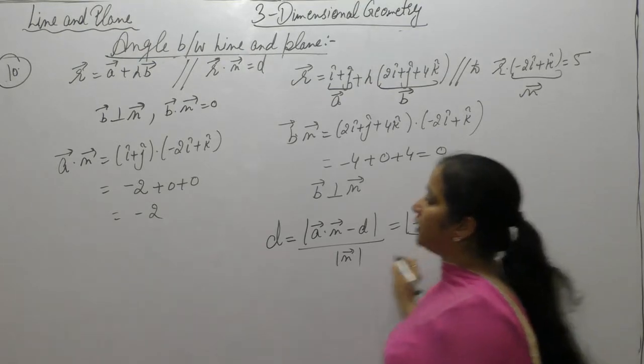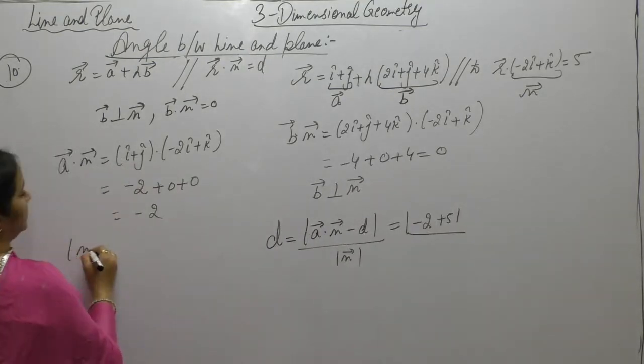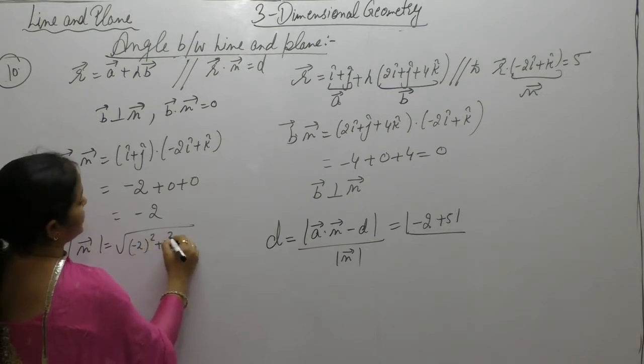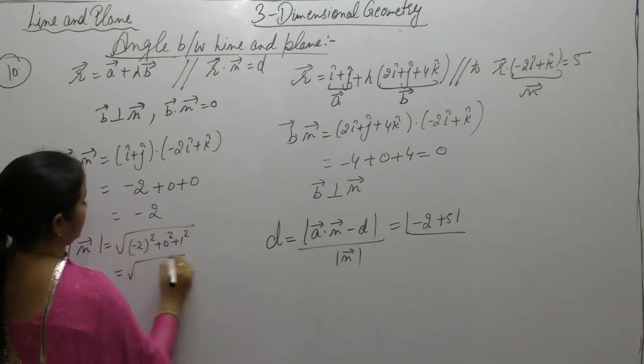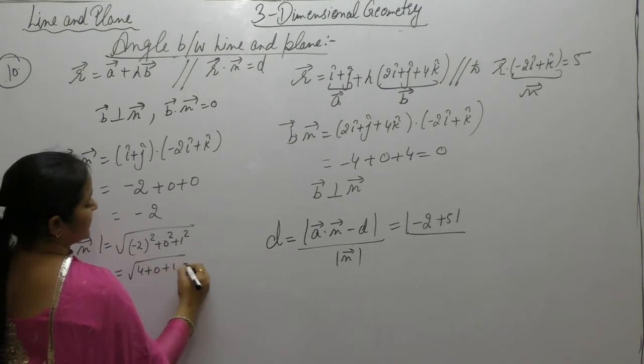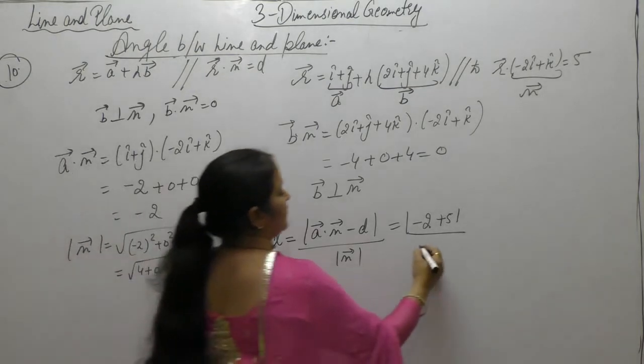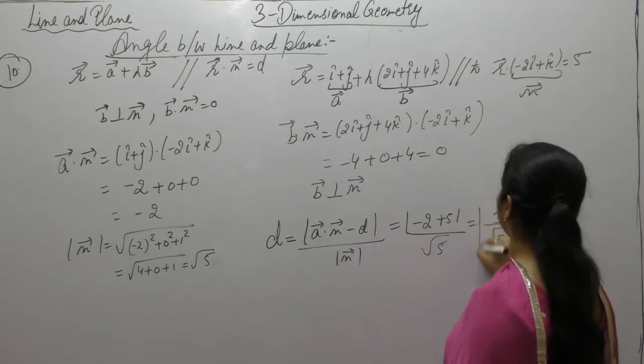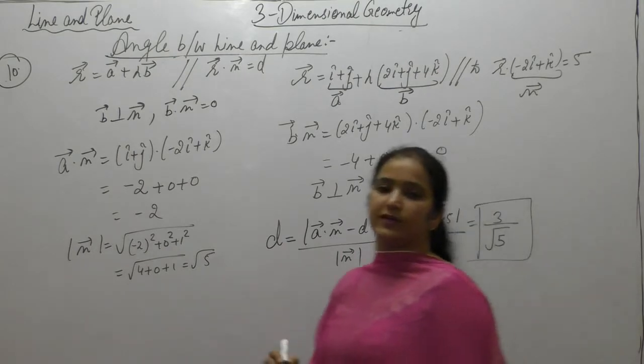Now the magnitude of the n vector is the square root of (-2)^2 + 0^2 + 1^2, which is 4 + 0 + 1, square root of 5. So -2 minus 5 gives magnitude 7... as stated, the distance is 3 upon square root of 5. So the distance between the given line and